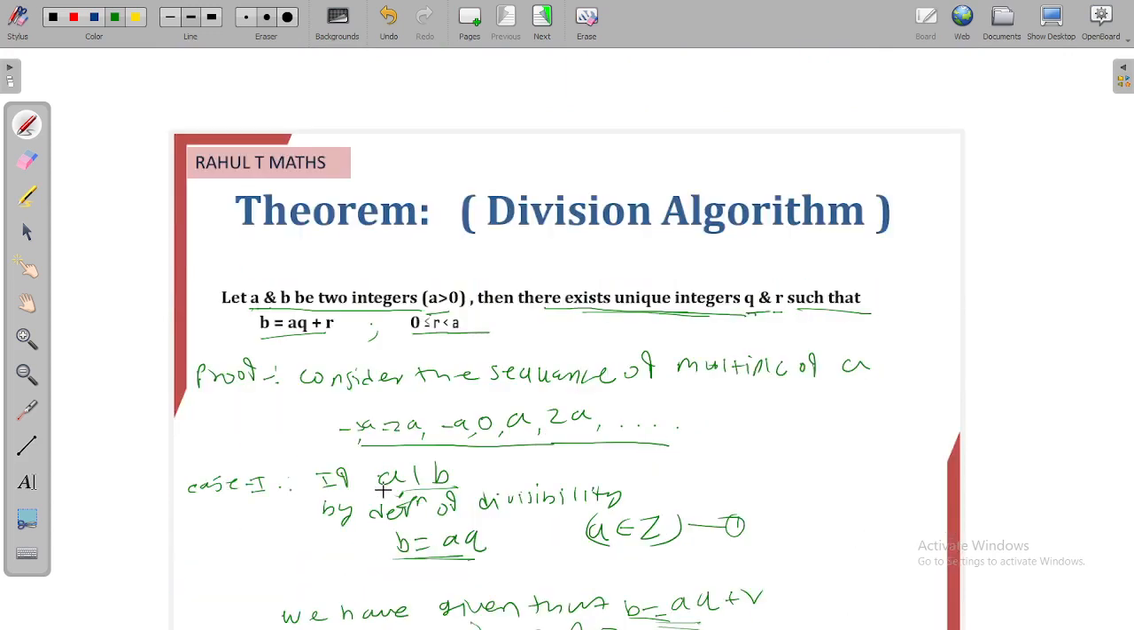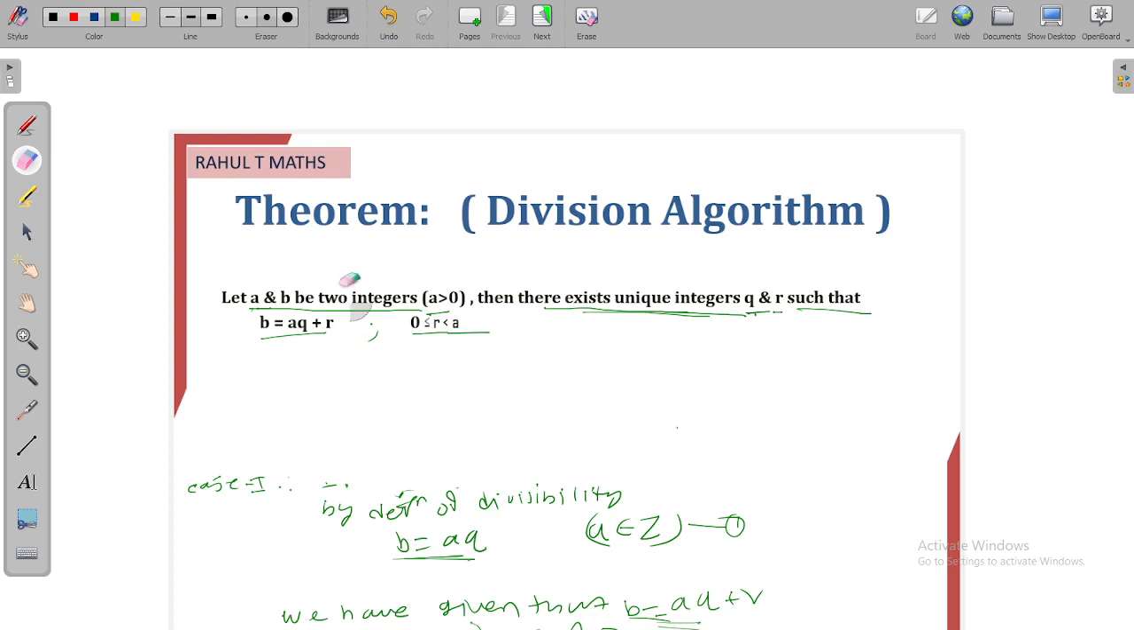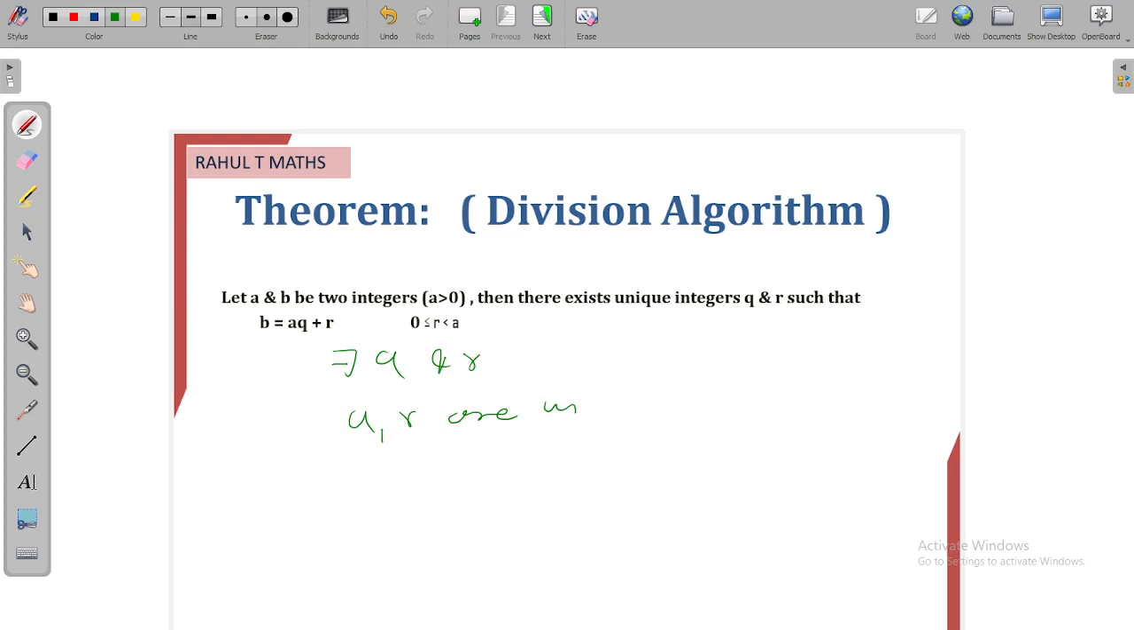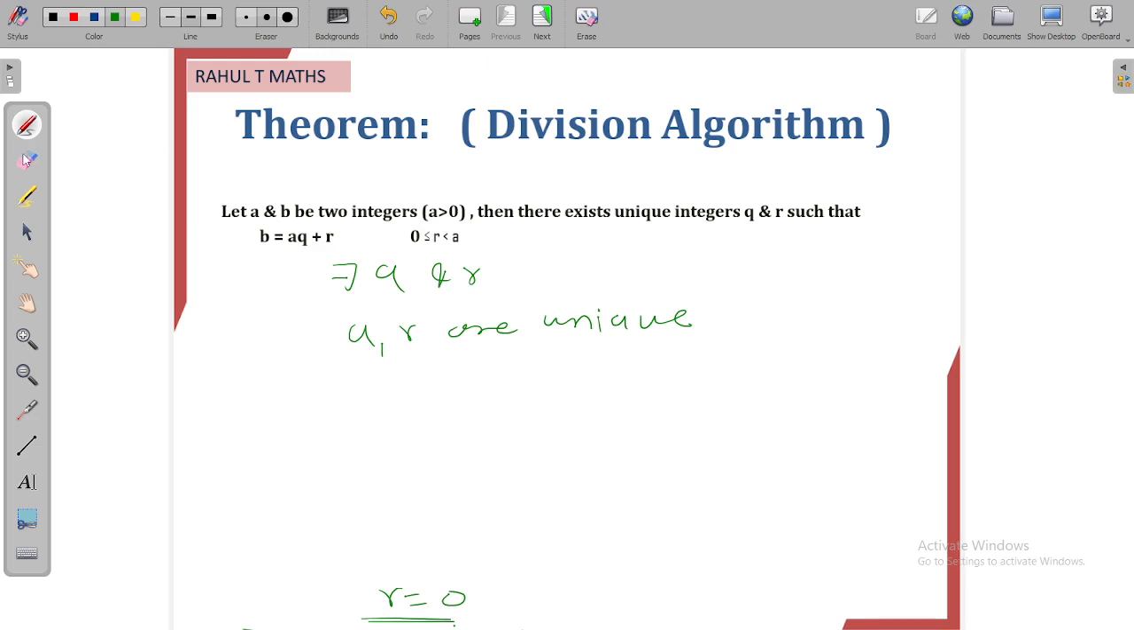Now हमें प्रूव करना है कि there exists unique. हमने ये शो किया कि there exists Q and R. Now we have to show that Q and R are unique. हमें Q and R unique दिखाना है. To show the uniqueness of Q and R, consider